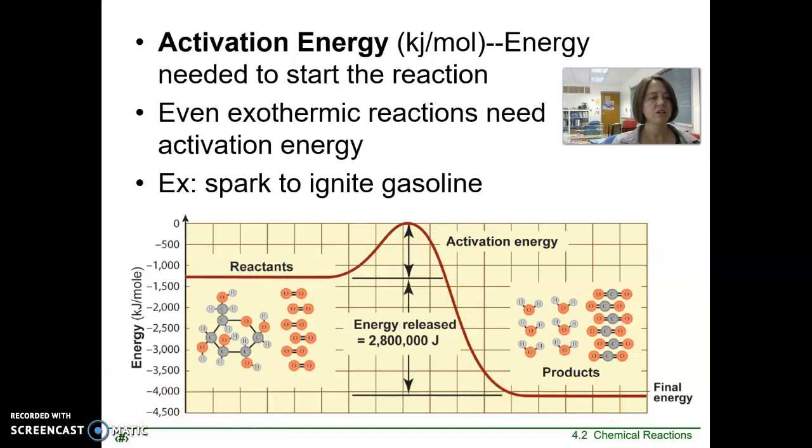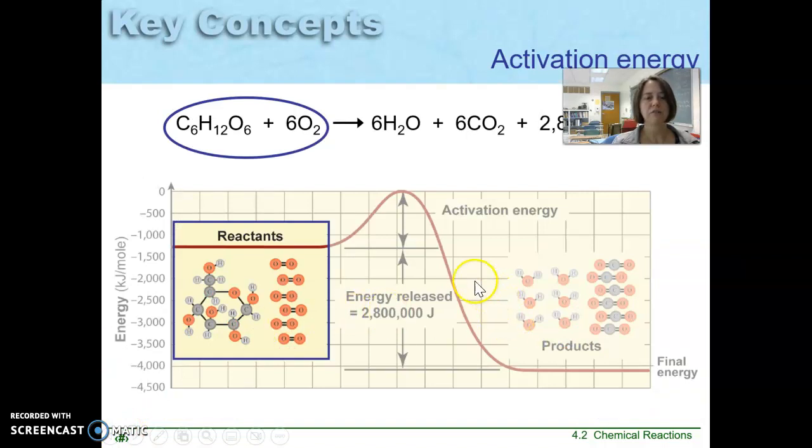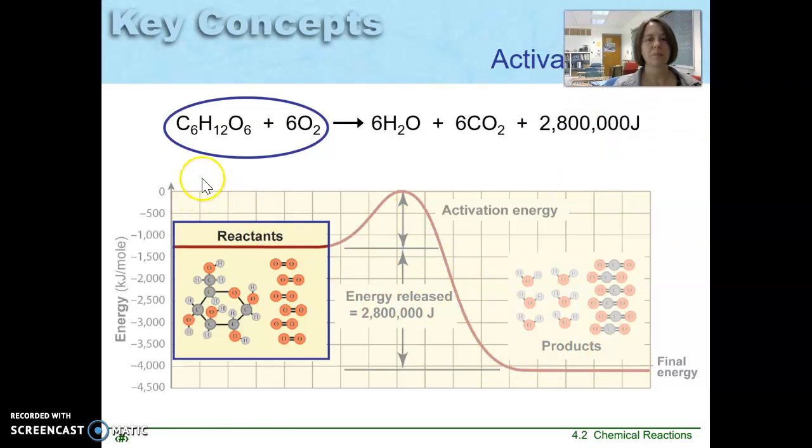So you still have the same graph. Activation energy is what we're talking about. If you want to write this equation and follow along, that would be helpful: C6H12O6, which is glucose, plus 6O2 yields 6H2O plus 6CO2 plus energy,